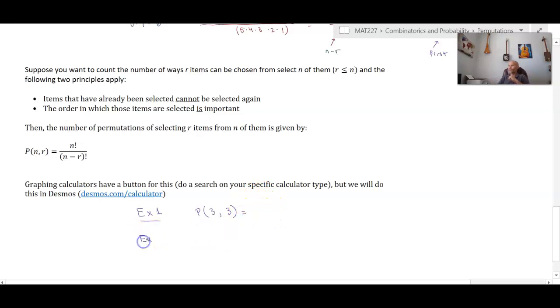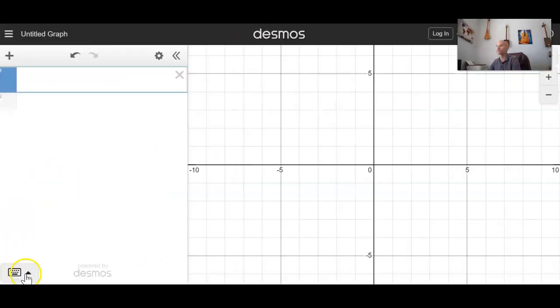In example 2, we had 4 letters, but we only wanted to select 3 of them, to see how many ways they could be arranged. In example 3, we have 8 candidates, we want to select 3 of them, where order matters. And let's just see that by simply accessing these functions, we could do all this work that we still had to do some manual computing for, but we could do it with the push of a button. So here I am in desmos.com/calculator,